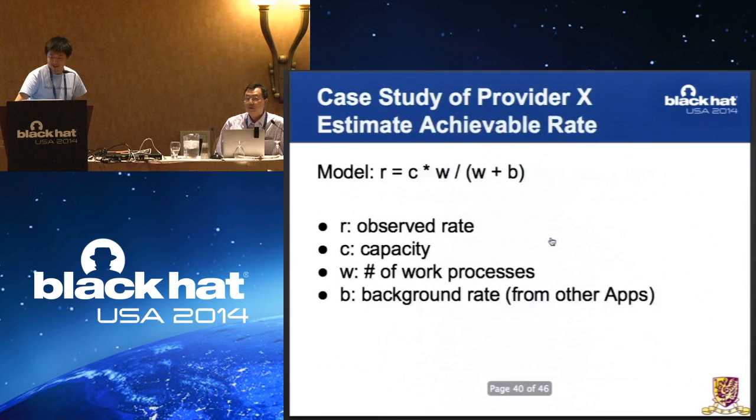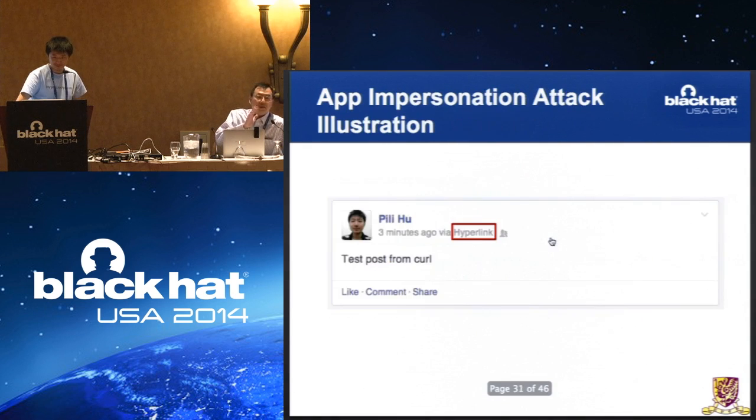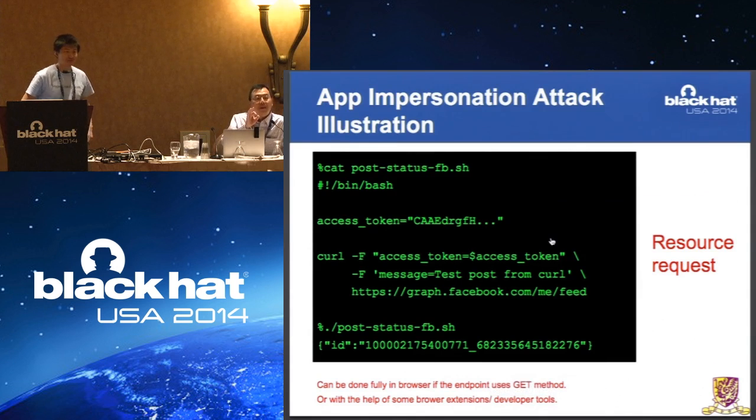What you mean is... But in order to get the token, all you need is for the service provider to support the implicit grant flow, even if your app does not ask for it. As long as the provider does not opt out this option for this particular app, then the attacker can trigger this implicit grant flow. Yeah, that's true. But what he's saying is that even in the worst case